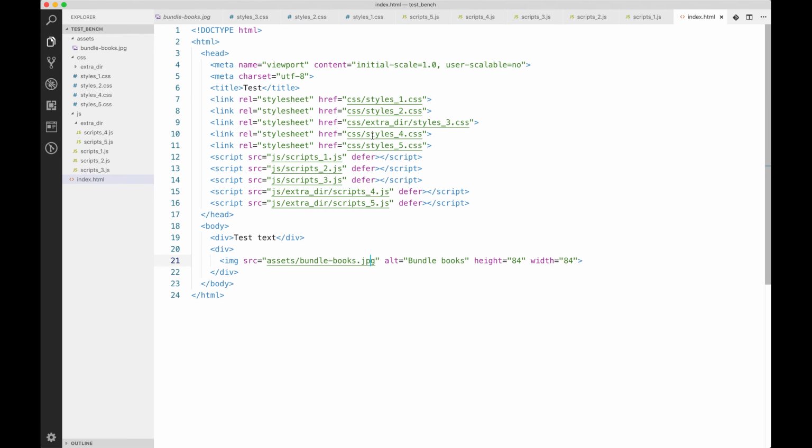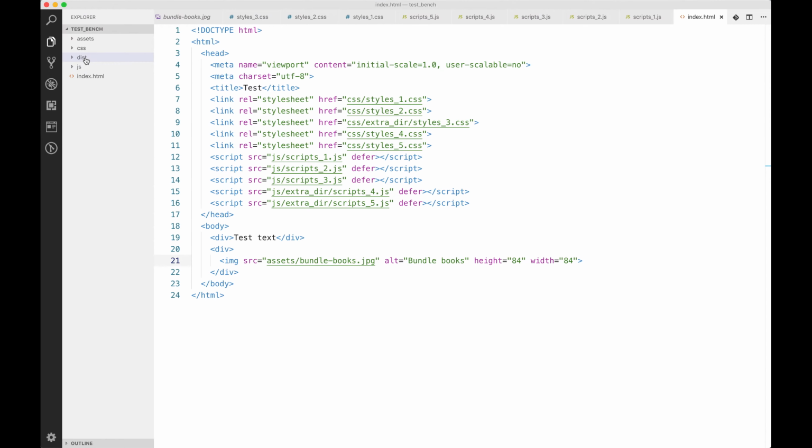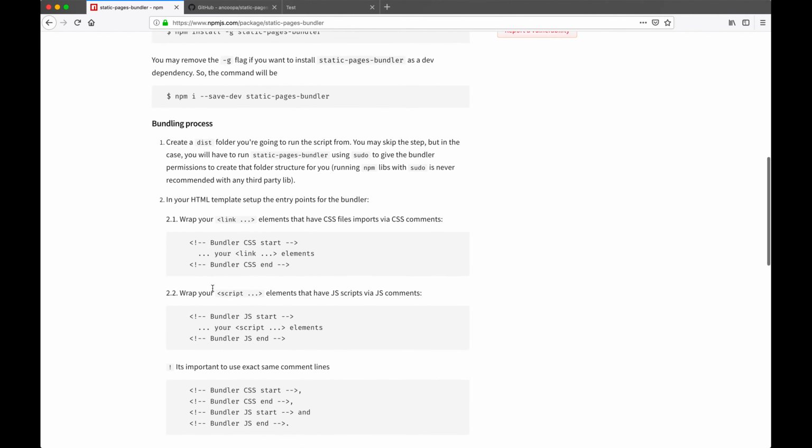Next thing that we have to do to run the bundler is to create a dist folder. Dist folder is a folder where the final bundle will go. You can skip this step, but to allow the library to create this folder on its own, you will have to run the command with sudo. And sudo is not recommended to use with any npm library. Please avoid it if it's possible. So I just created this folder,